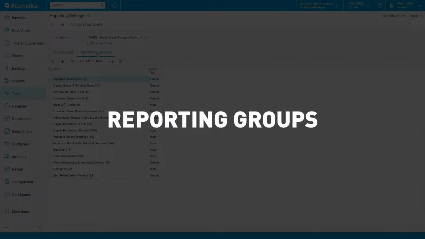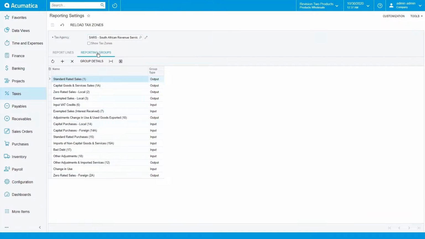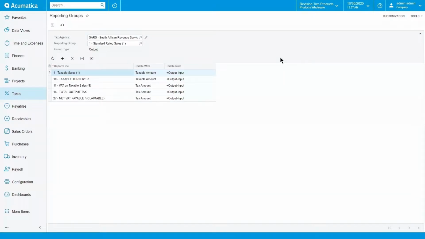Here is a reporting group that we have listed for this tax agency. We will see now how to set up the calculation for the specific report group. For instance, we'll look at the standard rated sales. You will need to select the tax agency and the reporting group you want to set up. Then you need to specify the lines that this group will have an effect on. For the example: the taxable sales, the taxable turnover, the VAT on taxable sales, the total output tax, as well as the net VAT